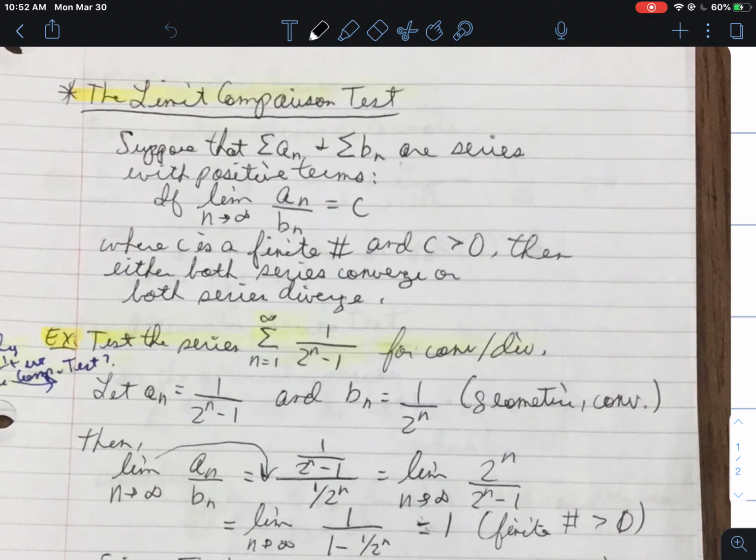So let's suppose, again, we have two series, a sub n and b sub n, that are series with positive terms. Just like the direct comparison test, this limit comparison test requires that the terms of the series are positive. If the limit as n approaches infinity of their ratio of a sub n to b sub n is equal to some c value, where c is a finite number and it's positive,